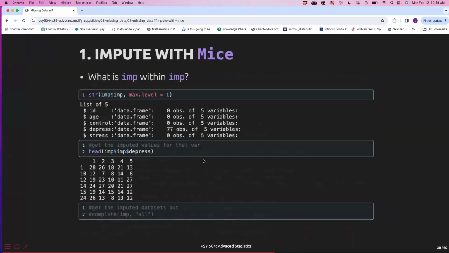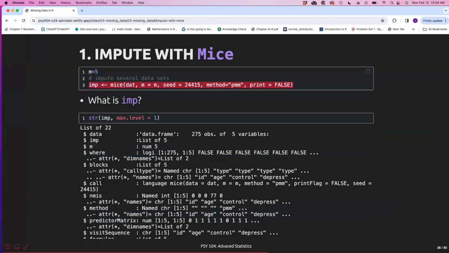One thing that I wanted to mention real quick. We need to be very conscious about what data we're putting into the imputation. So in mice, I'm putting in this DAT data frame, right? And that includes the ID variable, and that's going to be used to predict the missing values. We don't want ID to be put into the equation to create our imputed values. So we need to be conscious of this, and we also probably just need to select the columns